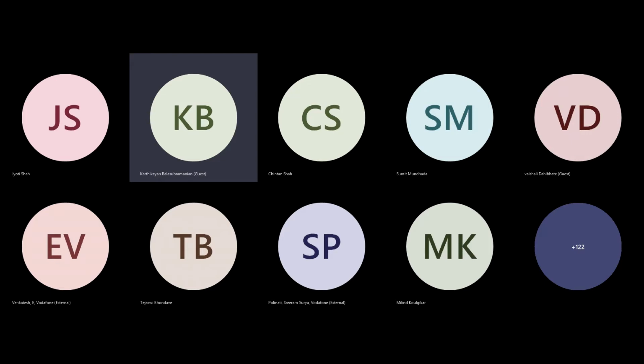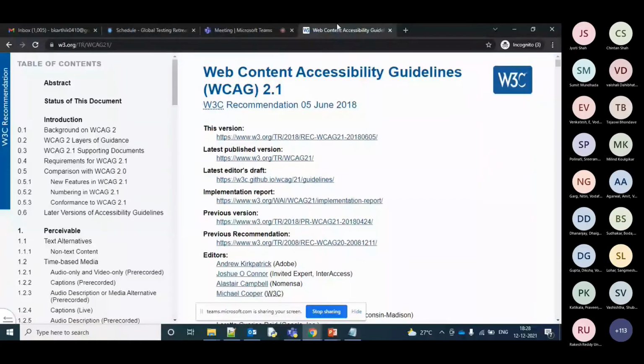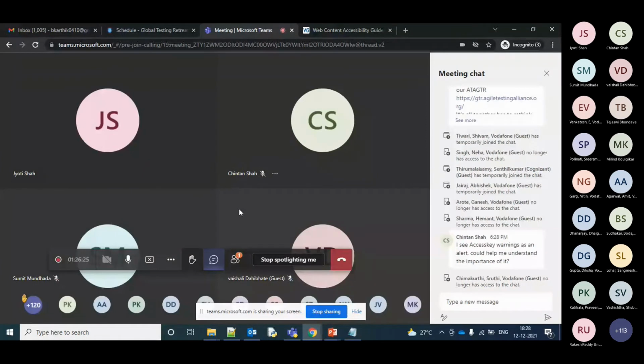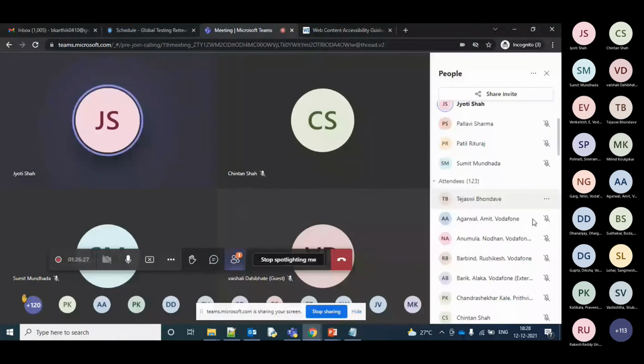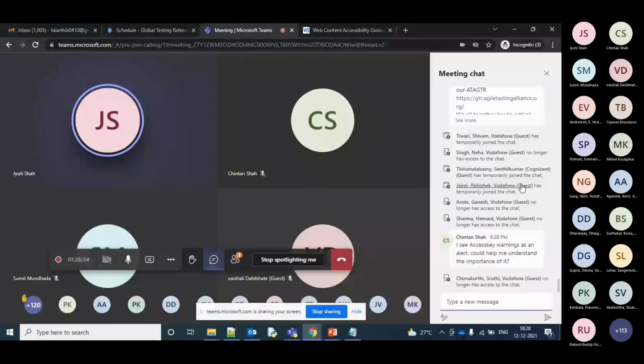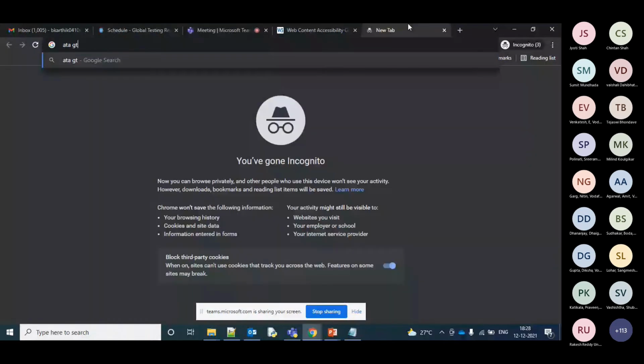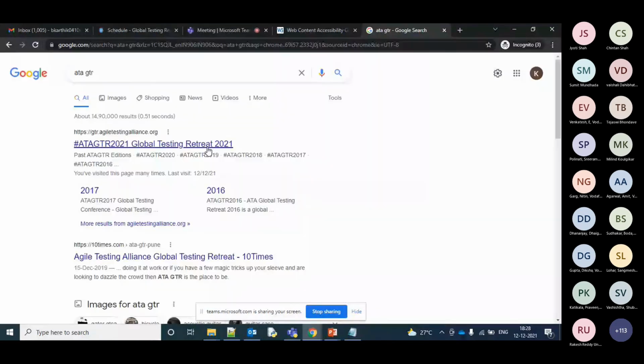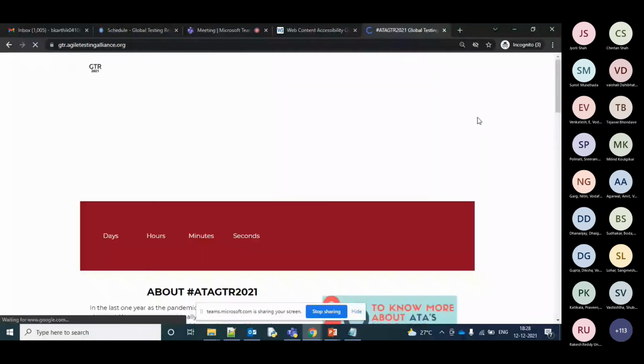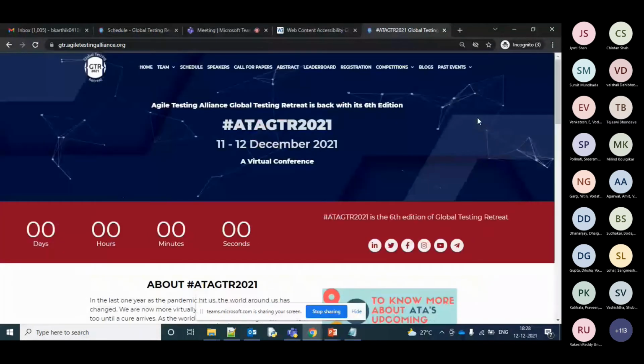Wave is the easiest tool to do the testing. Let me know if everyone has a question. We have a good suggestion basically. Jeevan is saying that we can do an accessibility test for our ATA GTR website. Okay, so maybe Wave is already done, but we have two or three more tools which can be assessed, and we can definitely take the ATA GTR website. Yeah, cool. That's a good one. Nice. Thank you for it.